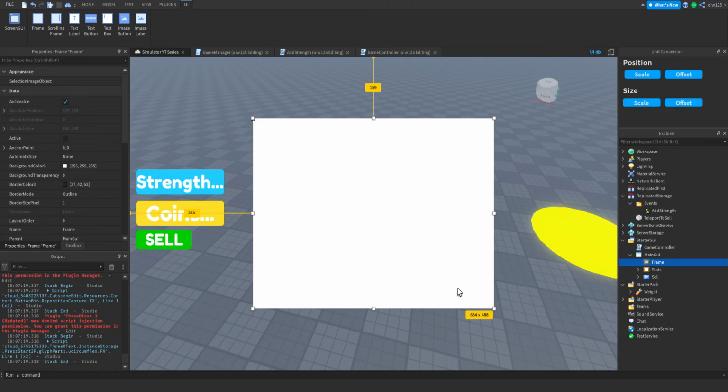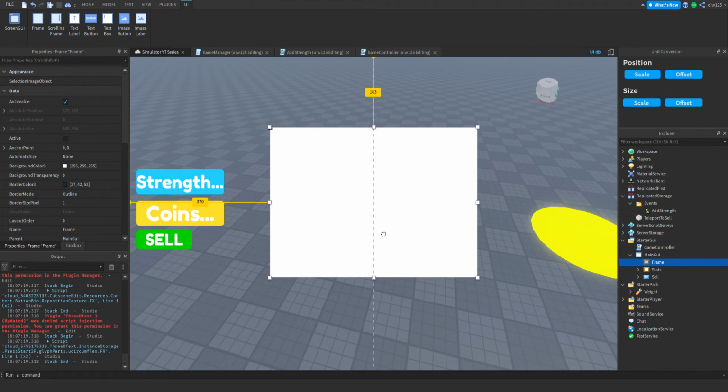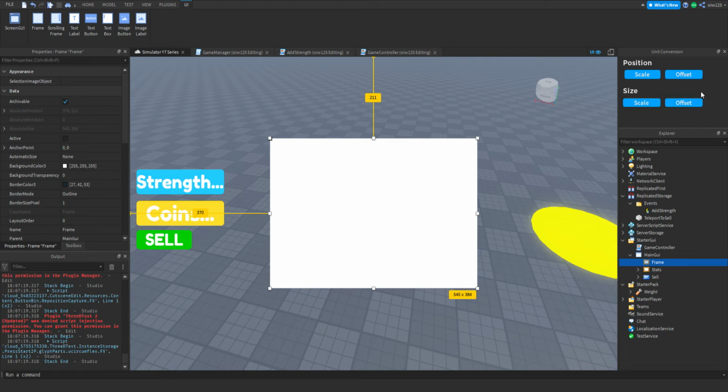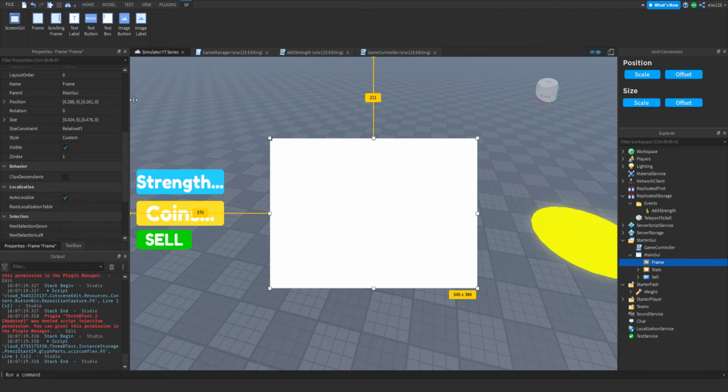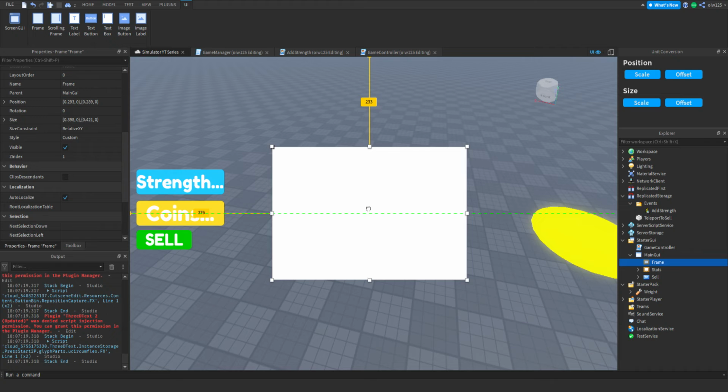Oh, it's a little big. Let's shrink that up. Doesn't need to be that big. And then, I use this cool tool called Auto Scale Lite, where it changes everything to scale, because offset messes things up and it doesn't look good. So I can move the scale. I can now edit it freely when it's scaled, and then I can name this frame